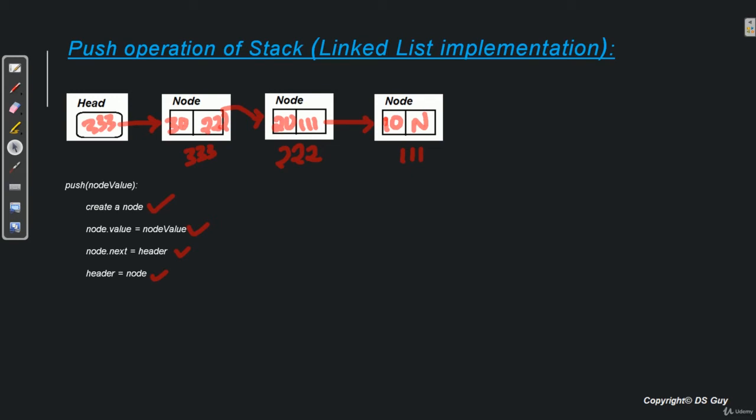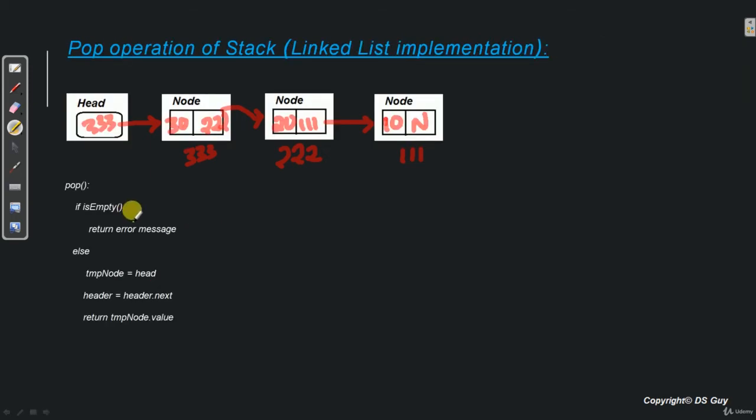Now let's say if we want to pop out some elements from the stack, how do we do that? Let's see. First we'll check if the stack is empty. Then we simply return an error message because there is nothing to be popped out in that case. Else we will store the first node's value in a temporary node, then we'll update the head, and finally we will return the temporary node.